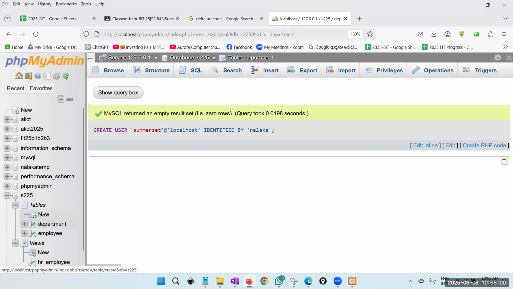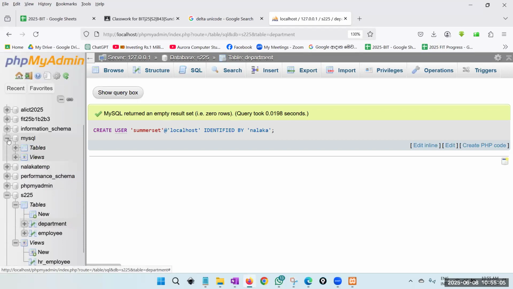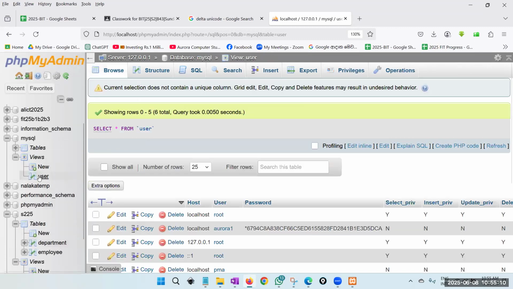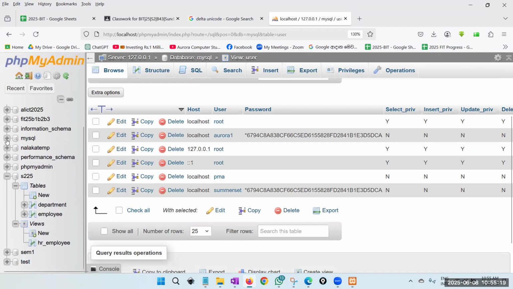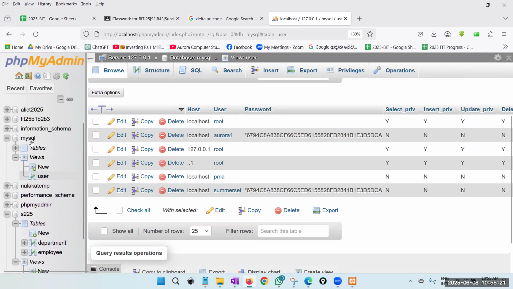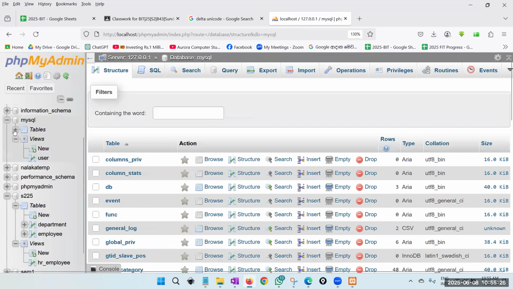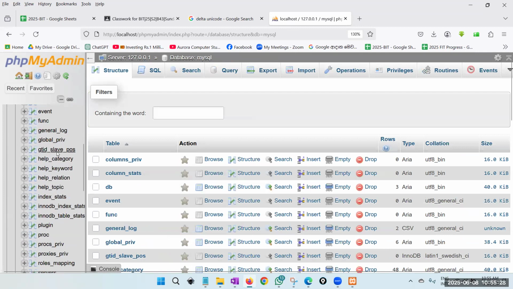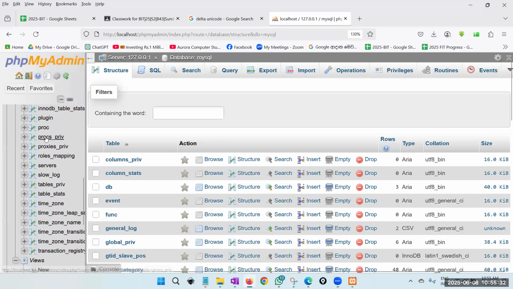Okay. These user table details go into a table called MySQL. Right? MySQL. It has a table or view called user. These details go into that table. You can see this is a system database. When you install your MySQL, this database is already there. And it has some tables, right? You can see that it has some tables which are for MySQL stars,